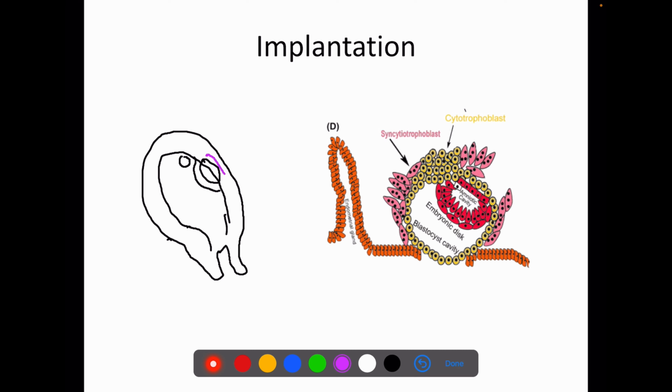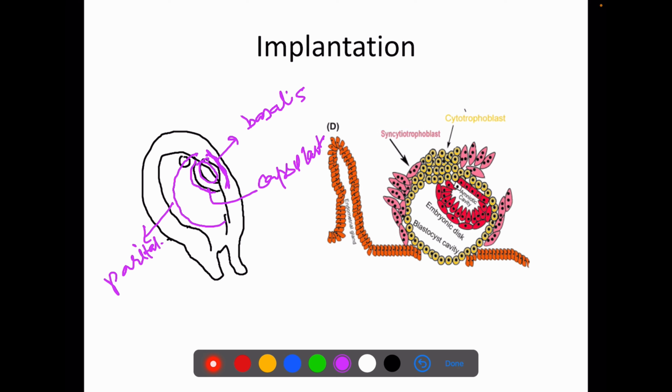Now understand what are the parts of decidua. The part of decidua which is below the developing embryo, this is developing embryo, the part below developing embryo, this is decidua basalis. The part which is covering the embryo, this is decidua capsularis. And the part which is lining the rest of the uterine cavity, this is decidua parietalis. Now as development proceeds, this goes on increasing, and all these fuse with each other.